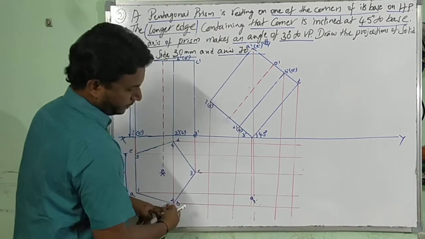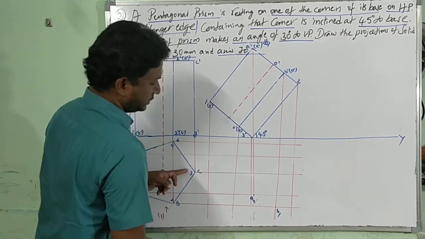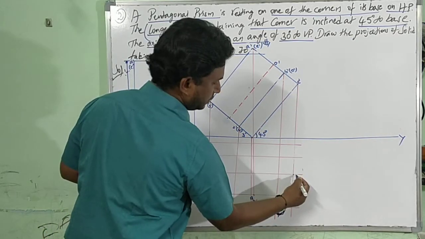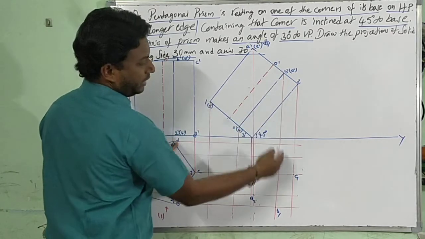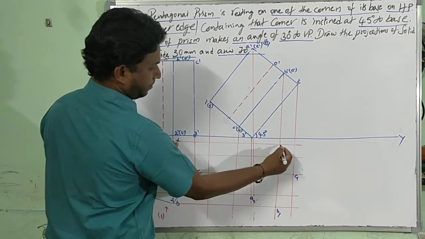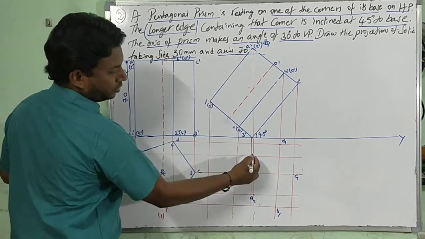A1, bottom, B to B dash, B1, C to C dash, C1, D to D dash, D1, E to E dash,